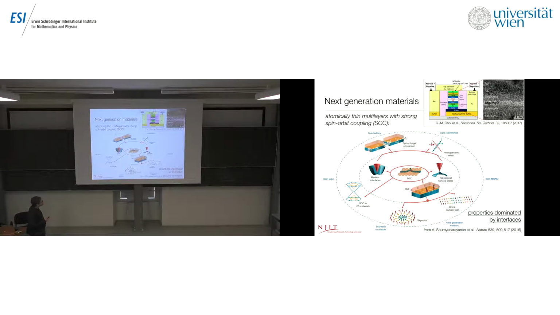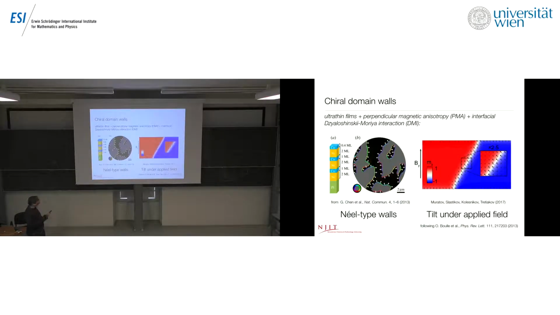This is the DMI that will be recurrently appearing throughout my slides. So the Dzyaloshinskii-Moriya interaction is the interaction that favors somehow a spontaneous rotation of the magnetization vector in a particular way, and the ferromagnetic layers exhibiting DMI were recently shown to produce so-called Néel-type domain walls, which means that it's a